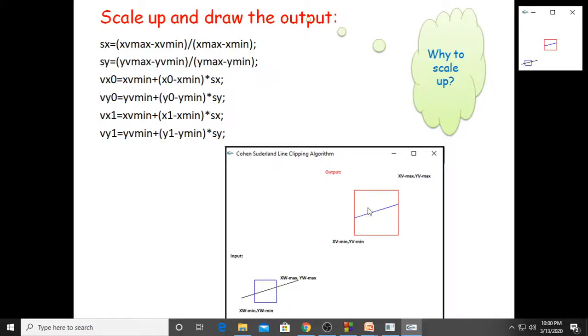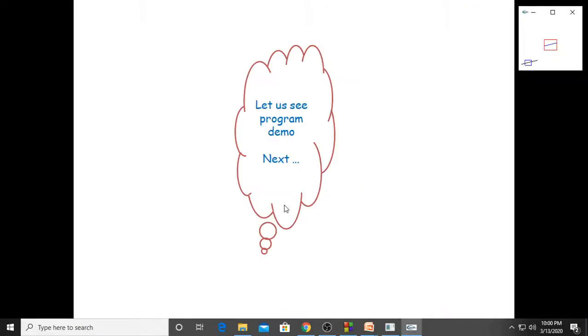So according to this window, the scaling factor will be multiplied and the output will be drawn. So now do you understand why it should be scaled up? If you don't want to scale up, you can take the same coordinates and draw the same line. That scaling operation will not be performed. So can we see the program demo now? Okay, next slide we'll meet.